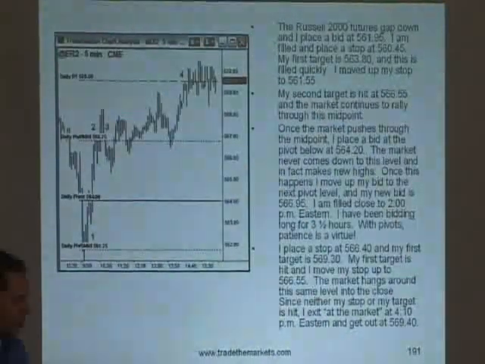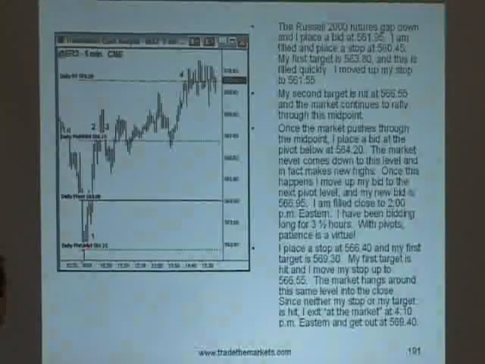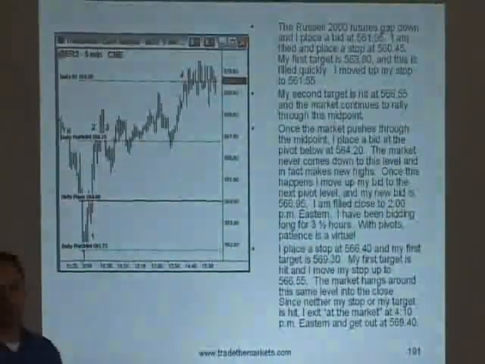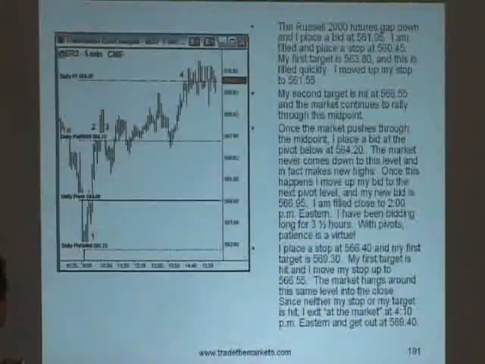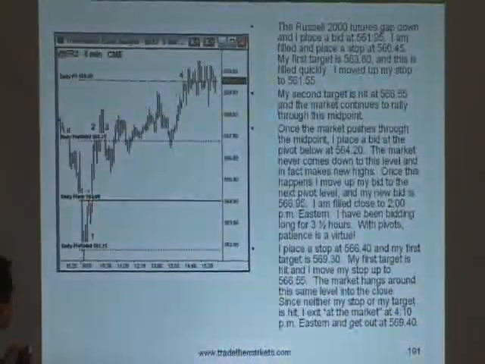Here's an example of a market on a trending day. Okay. Here we go. The first trade, the first test of the pivots, unless it's the actual central pivot, I'm just kind of waiting. I want to see what kind of personality the market has that day. You can see we blow through the daily pivot level. When this happens, when we get through this, I'll try to buy the first pullback to the pivot. In this particular case,